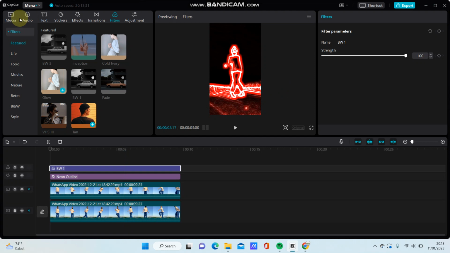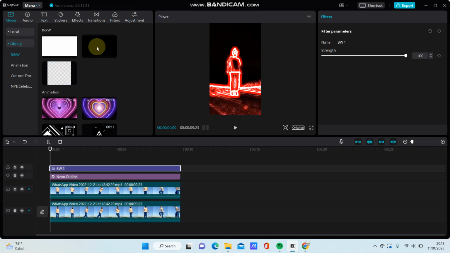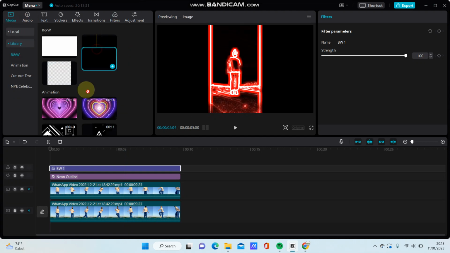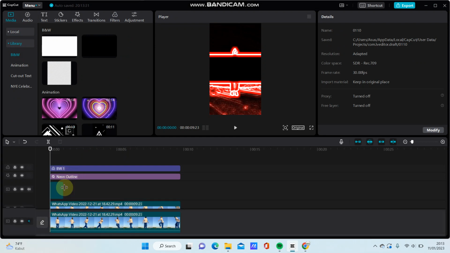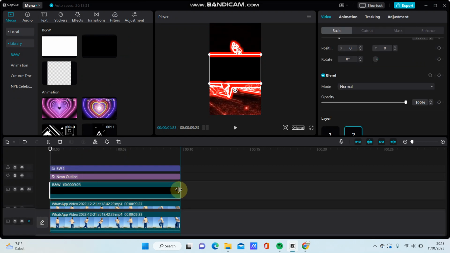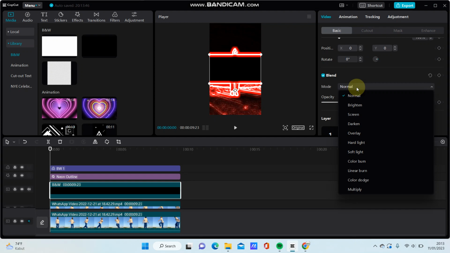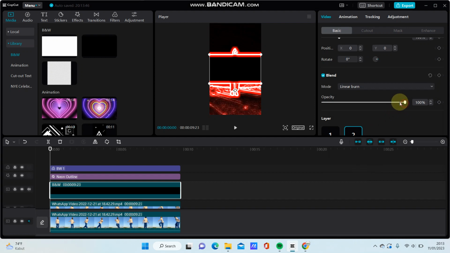just go to the media library and select the black background. Adjust the duration, and go to blend mode. So select linear burn and adjust the opacity like so, and just to merge it,